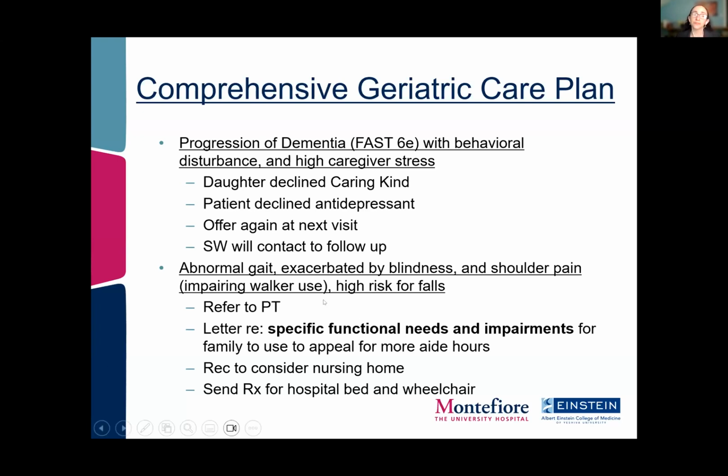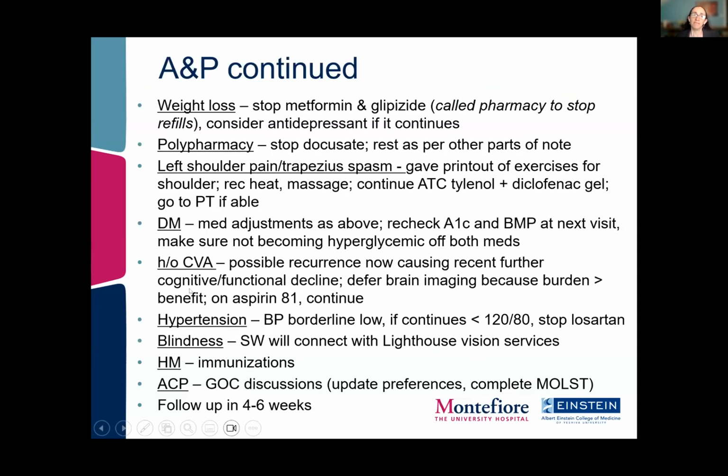For her abnormal gait, exacerbated by her blindness and her shoulder pain, making it hard to use her walker, and her high risk of falls, we provided a letter to try to help her get more home health hours. We'd had a discussion about considering nursing home placement, that it might be the best for this patient, some assistive devices, or referral to physical therapy, and then addressing all the other issues, stopping the metformin and the glipizide. And we called the pharmacy to stop the refills, stopping the stool softener, some exercises and referral to PT for her shoulder pain, heat and massage, around the clock Tylenol, topical gel, a lot of the things that folks mentioned,